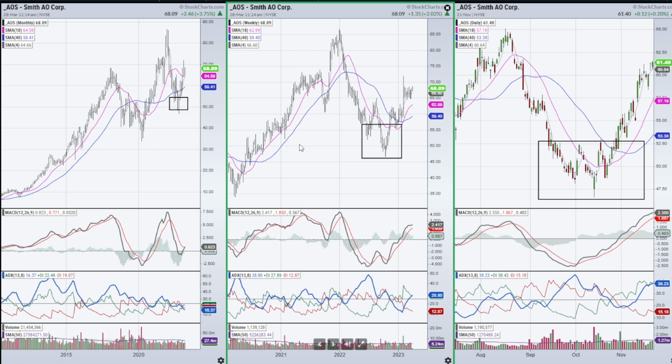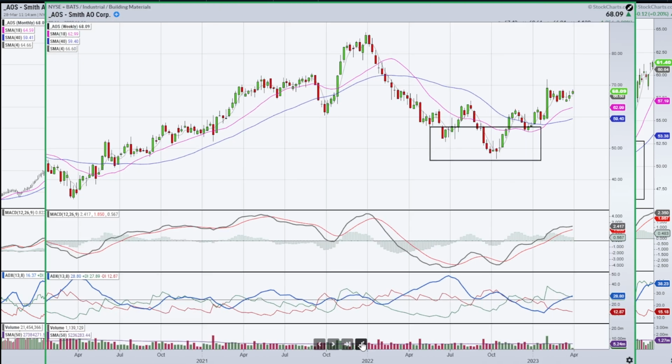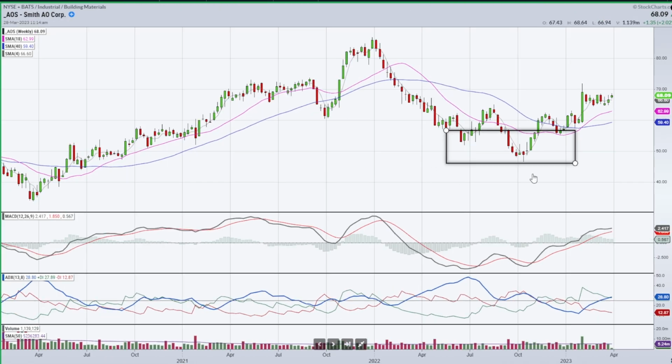So that's another little piece of evidence that's telling us that we can be interested in playing a move back to the upside. But we've got the weekly chart with divergence here, higher bottom here with a lower bottom here. We have divergence in ADX, but I'm looking more at MACD in this scenario. And what we want to do is, as this is coming down and getting stretched away from the 18, we want to see